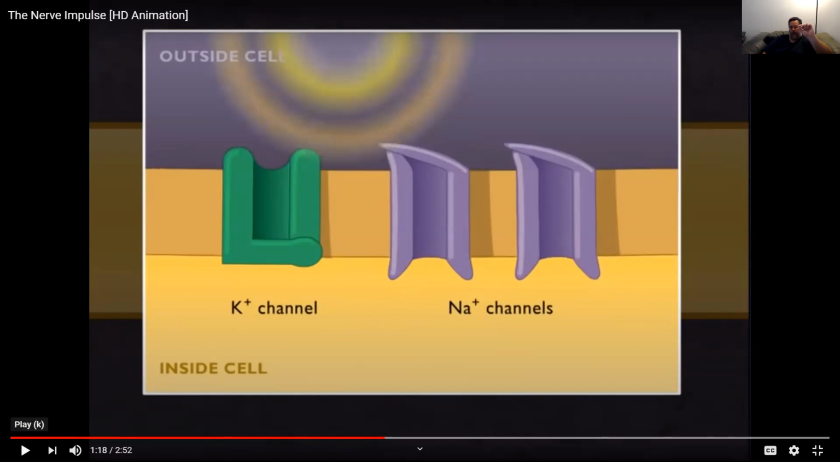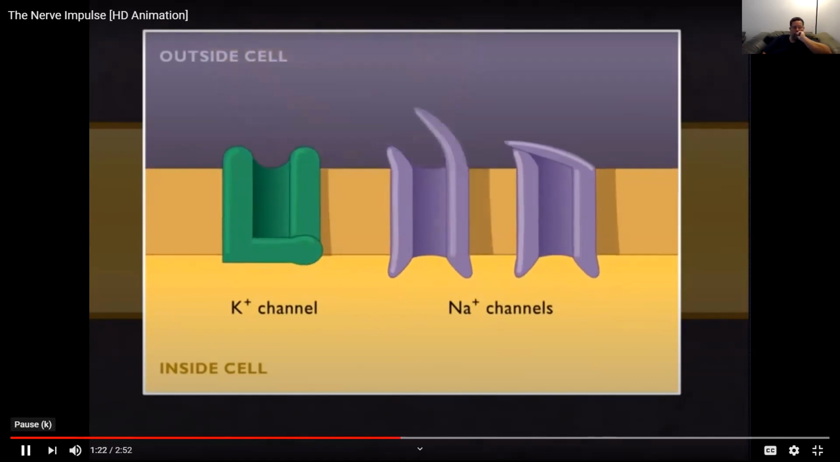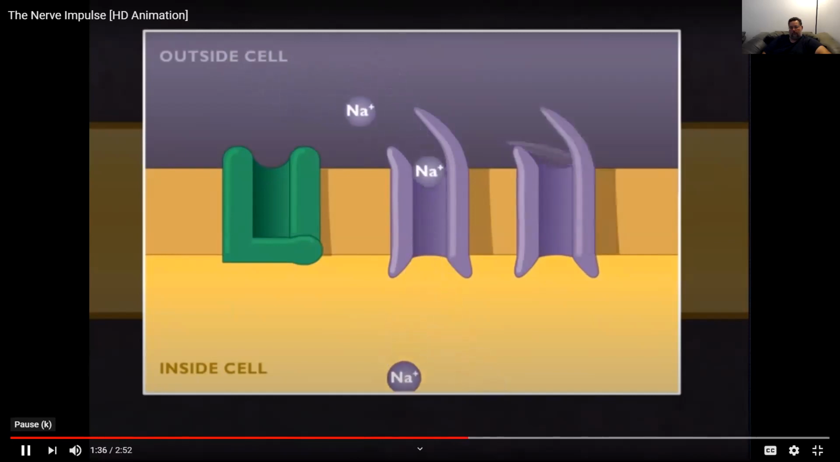flow into the cell, lessening the charge difference at that location. If the change is enough, it will cause nearby voltage-gated sodium channels to open. This allows so many sodium ions to flood into the cell at that location that the membrane there is depolarized,